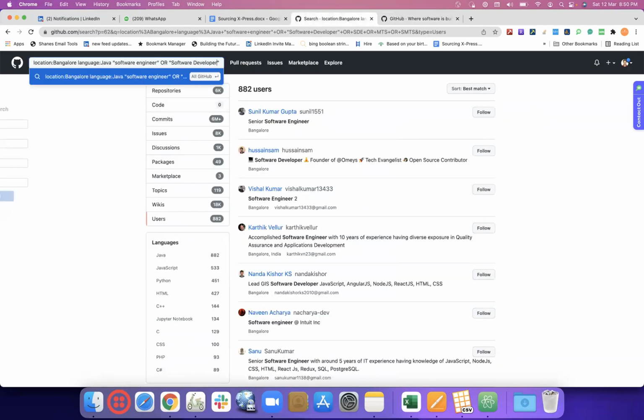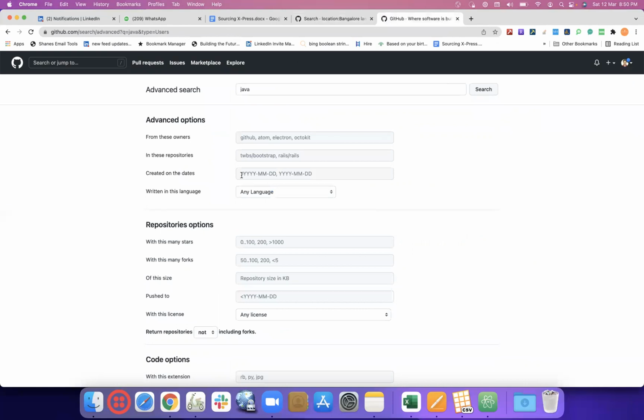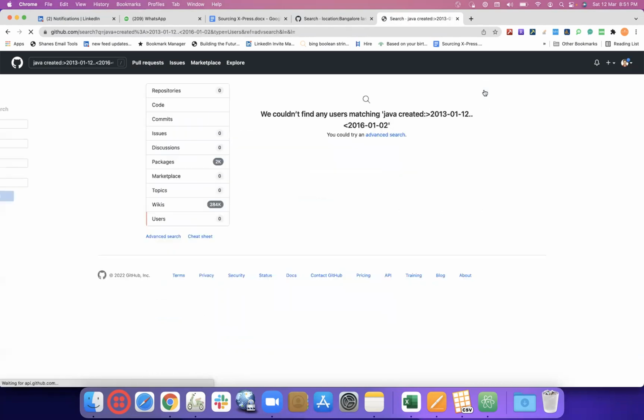So let's say someone who created their GitHub profile between two date ranges. As I mentioned, if you say after a particular date, then it would be, let's say, something like this. After 1st of December 2013, and then before 1st of Feb 2016. It's actually after means it's after, today also it's after. Before means before, before 10 years also it's before. So GitHub gets confused and won't be able to understand, so that's the reason it won't give the result. Let's see this one. So it won't be found.